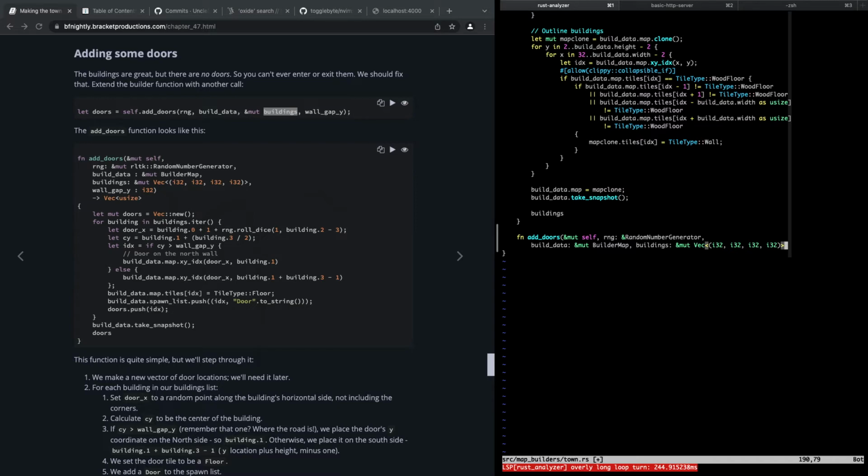Got this backwards. There we go. And then wall gap Y, and it returns a vec of usize. And okay, let doors be a Vec::new. Okay, so we're going to find a door X location. CY is building 1 plus building 3 divided by 2. So the left coordinate of the building plus halfway along, and then IDX is CY is greater than door on